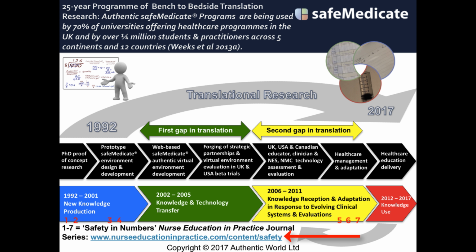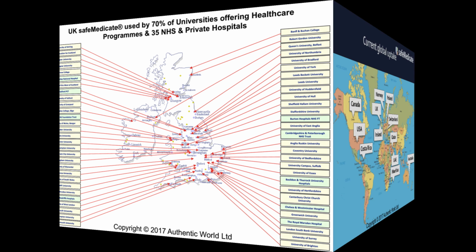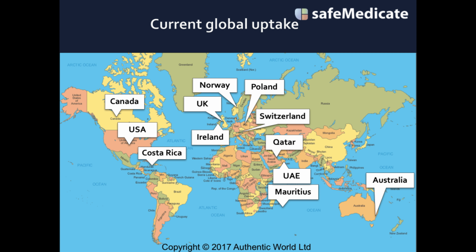shown in the link. Currently, the safeMedicate program is being used by approaching 70% of universities offering healthcare programs in the UK and is informing the competence development of around 250,000 healthcare students and practitioners in 12 countries across 5 continents. This slide illustrates some of the universities and healthcare systems using the safeMedicate suite of programs in the UK. And safeMedicate is currently being used in the UK, Ireland, USA, Canada, Australia, Poland, Switzerland, Norway, Qatar, United Arab Emirates,